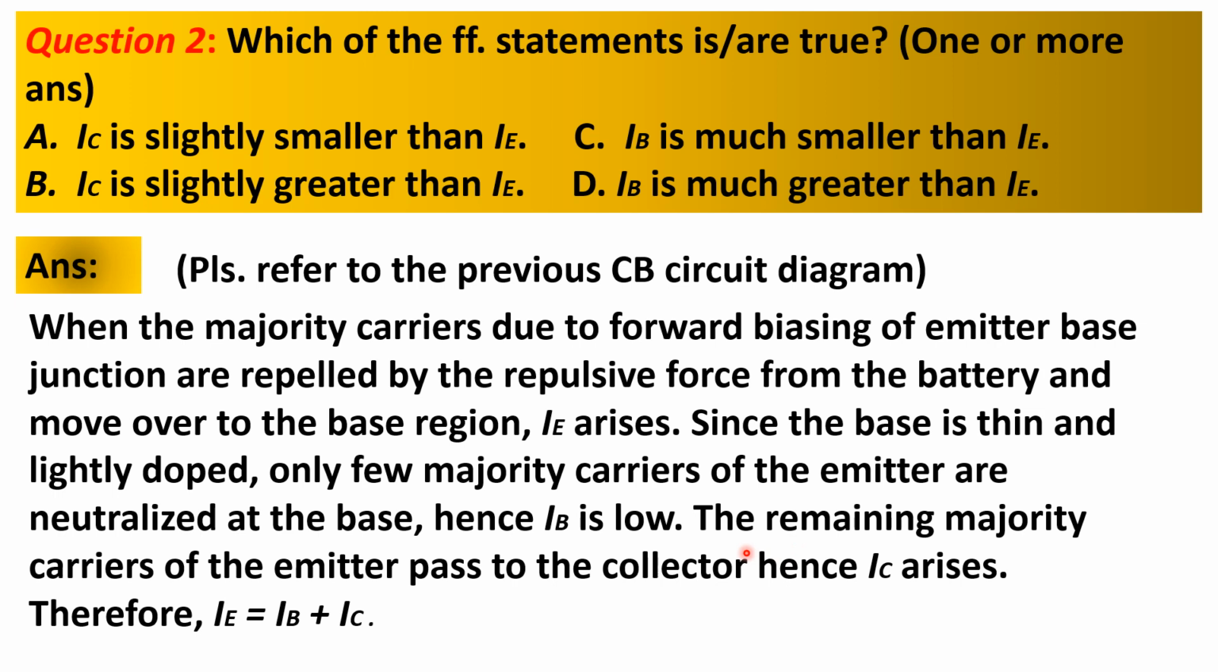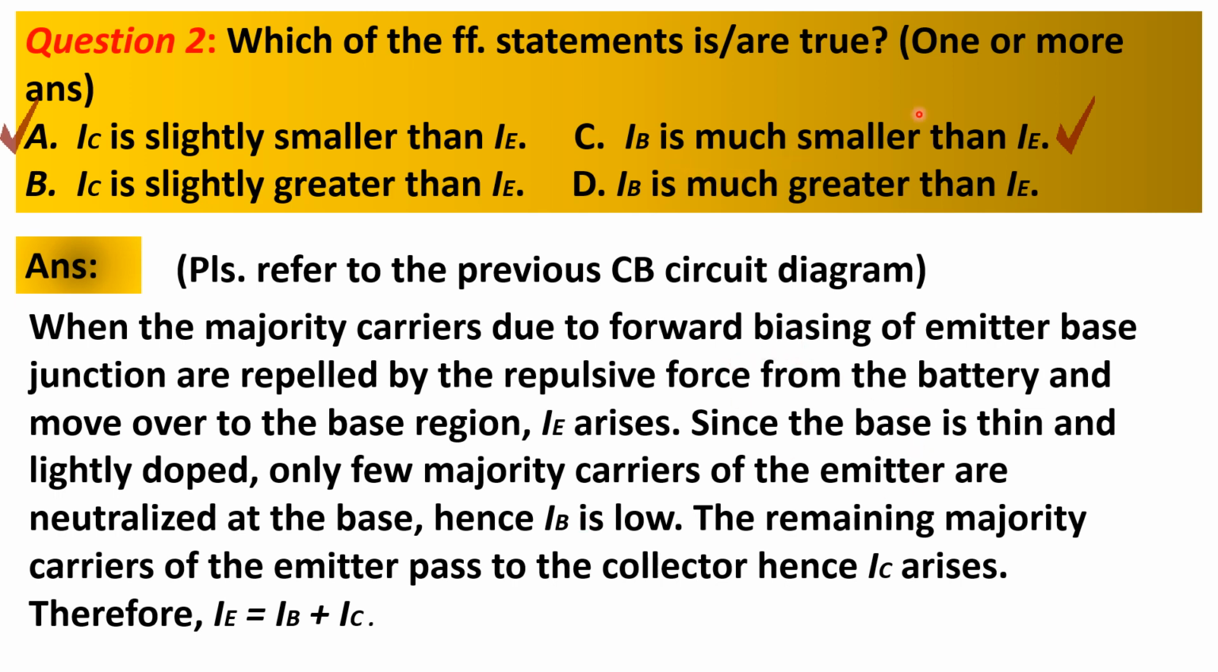The remaining majority carriers of the emitter are able to pass to the collector, hence collector current IC arises. We therefore say that among the three, I sub E is the largest, because it is just equal to the sum of the base current IB and the collector current IC. So based on this analysis and equation, our best answer for this question is letter C,